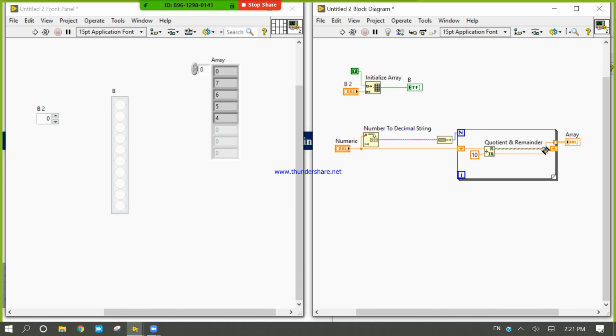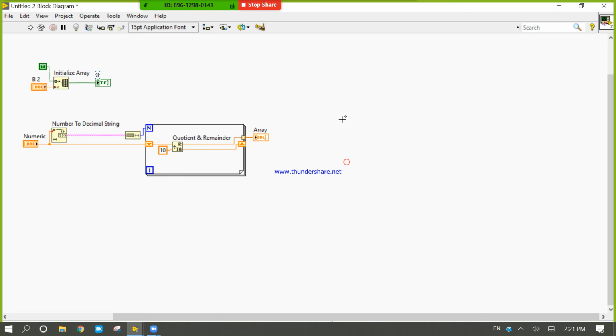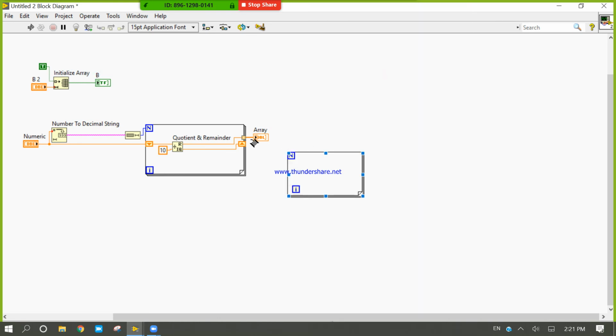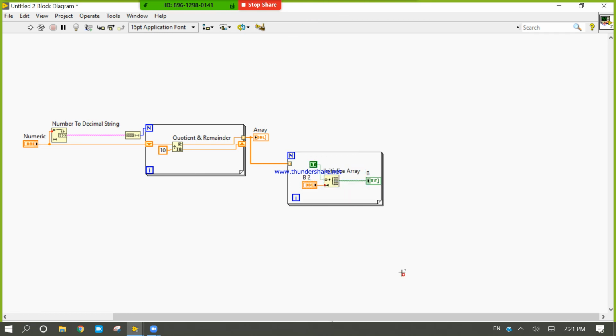I will try to do something different, so for that I will use structures. Look here. I will take one more case structure. I will take this number inside this loop.